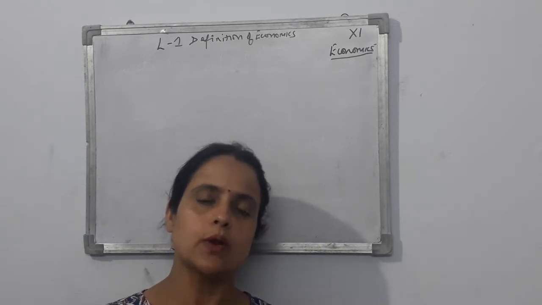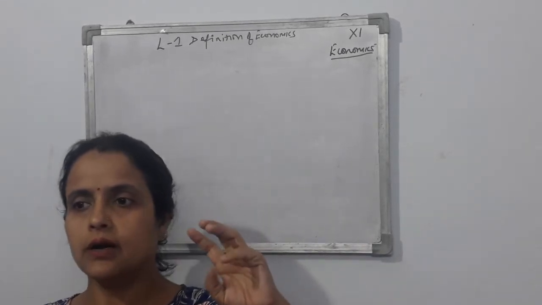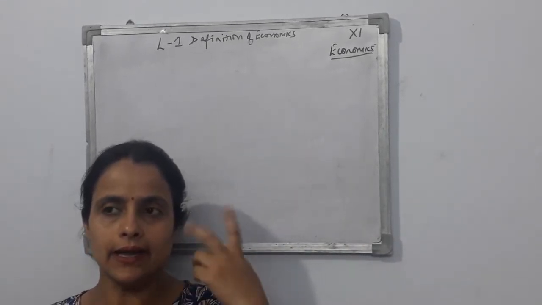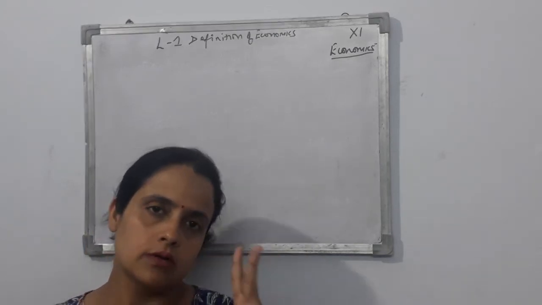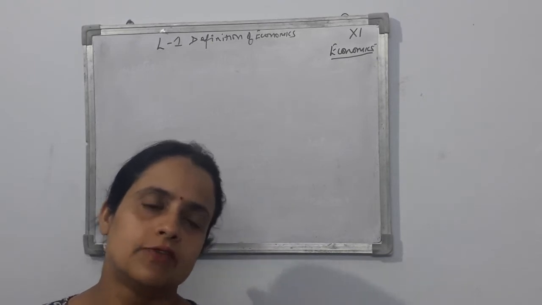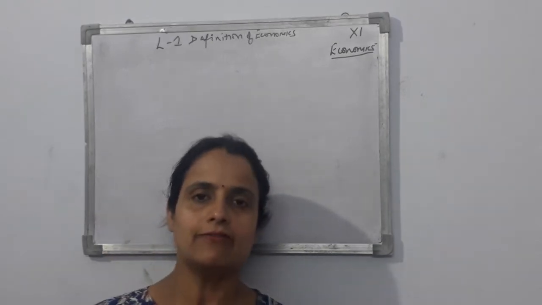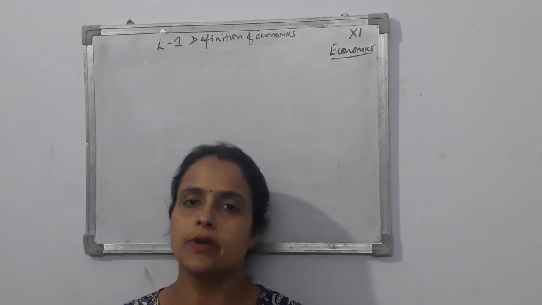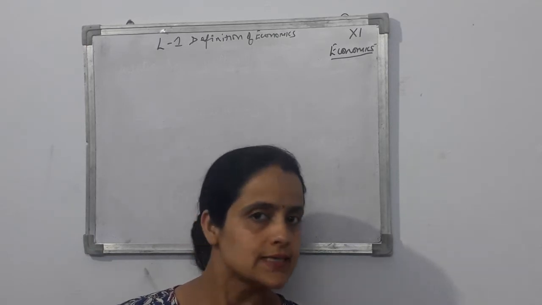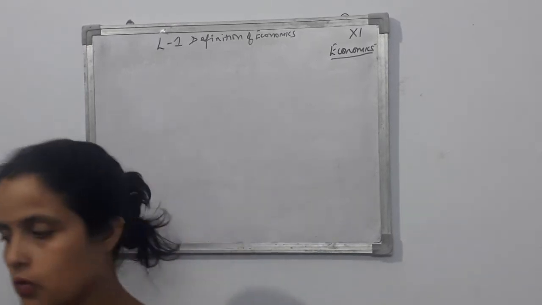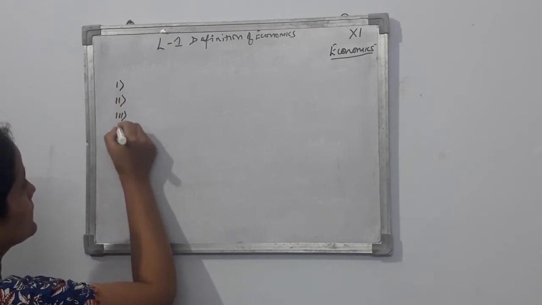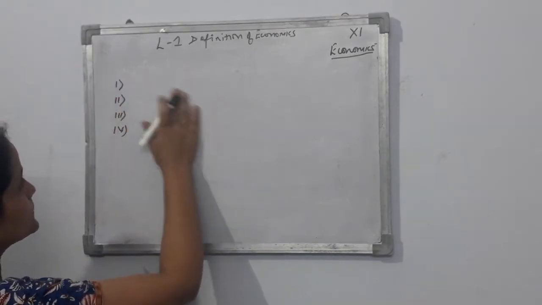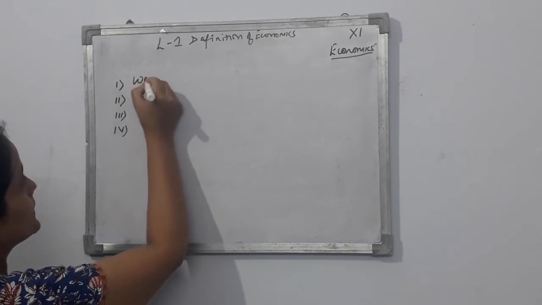And basically in this chapter we are going to read 4 definitions orienting around 4 subjects. We are going to read definition concerned with 4 subjects or 4 topics. The first definition is going to be wealth oriented definition, second is going to be welfare oriented definition, third is going to be scarcity oriented definition, and fourth is going to be growth oriented definition. So basically we are going to read 4 type of definitions. First is going to be a wealth oriented definition.